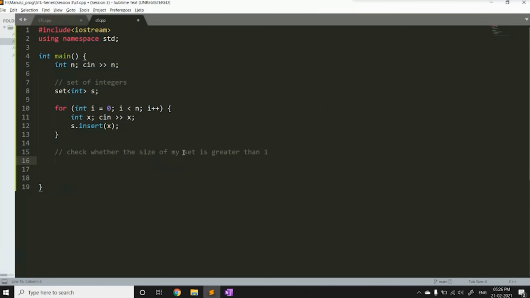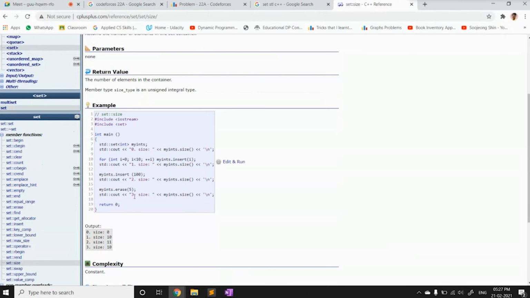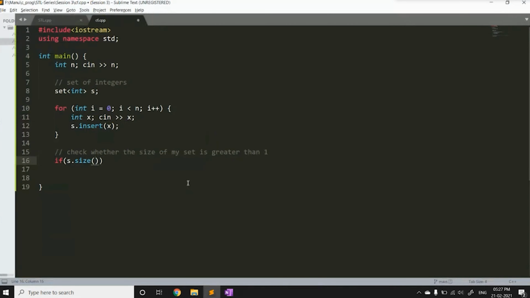So I will write s dot size. Are they using the same syntax here? So they are using dot size. So if s dot size is less than 1, obviously if the size of my set is 1, I cannot have a second element, and they're asking me for the value of the second element in the set.